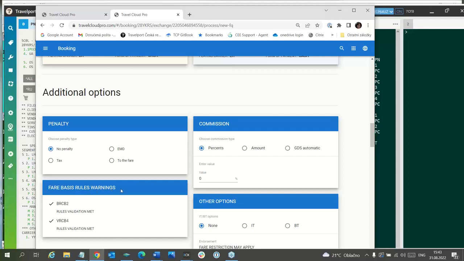Fare basis rule warning. So if everything is correct, it is here a rule validation met on both fare component, also here and also here. If some conditions are not met, it will be in red, and here will be written, for example, booking class failure, or flight application not met, or minimum stay not met, and so on.